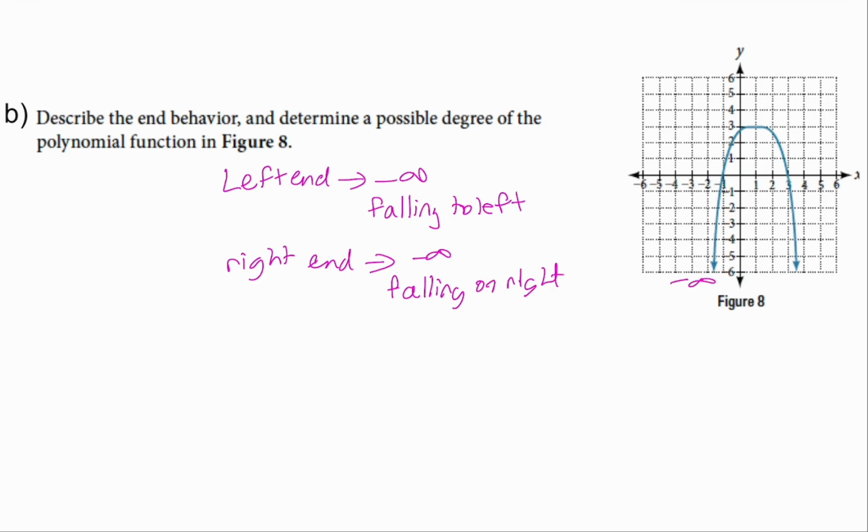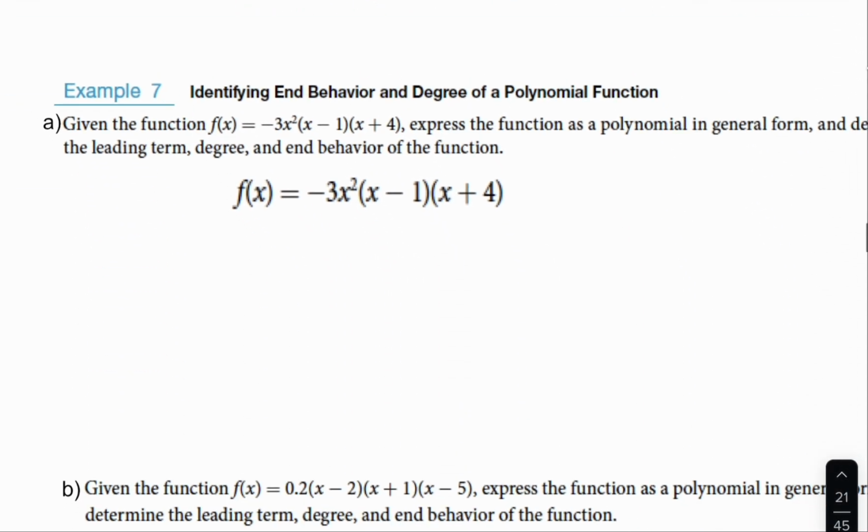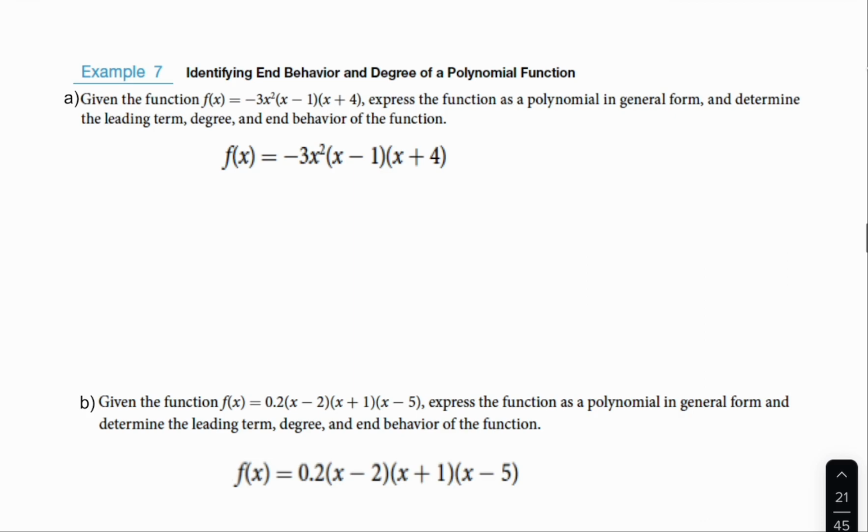So both of these are going to negative infinity. When they both go the same direction, that means that the degree must be even. Because they're both falling down, we would have to have a front coefficient that is negative. It says here,